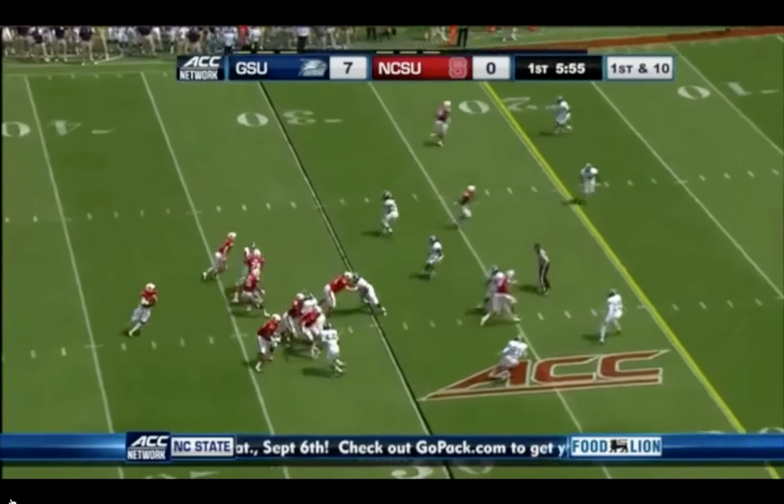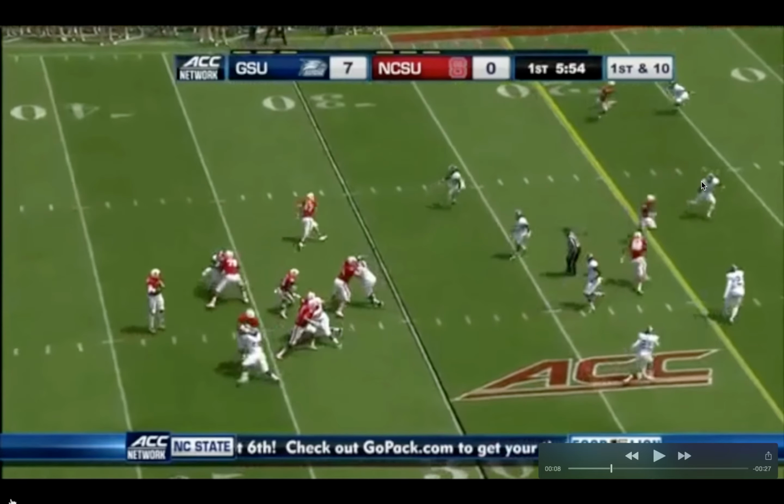So run it a little bit, and you see right here the safety reacting hard upfield. He's running with number 2 vertically. So the middle of the field is wide open. This wide receiver right here is getting ready to make his break. Quarterback's getting to the top of his drop. So this is actually what he's taught to do. He's taught to let this fly. And I know that this guy comes open a second later, but